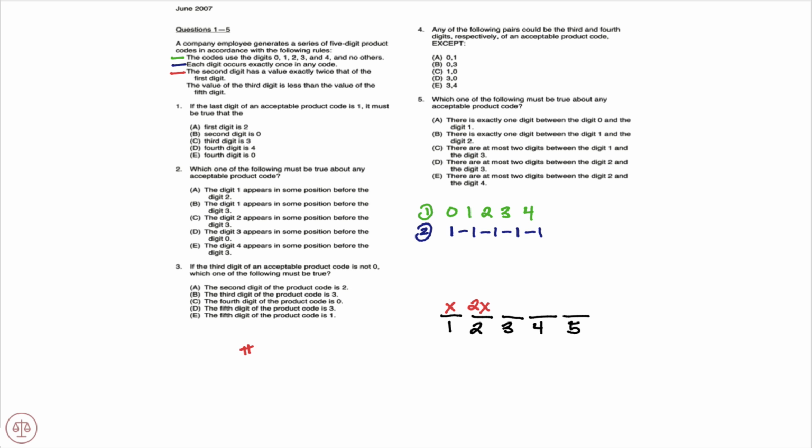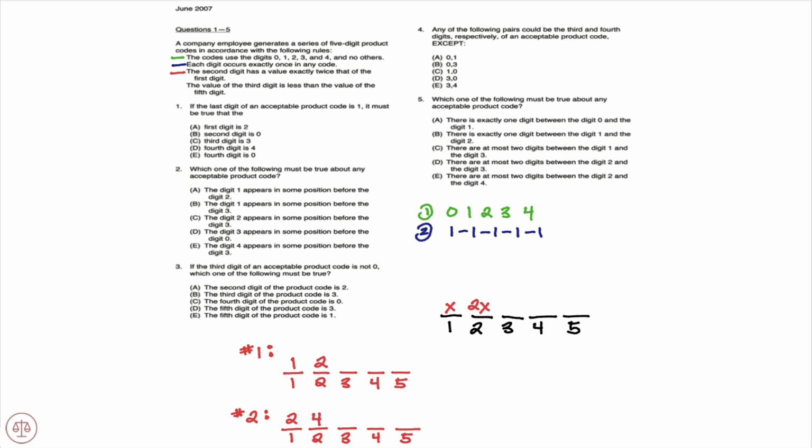Because either our first digit is going to be 1, and our second digit would be exactly twice that, which would be 2, or our first digit would be 2, exactly twice that would be 4. Notice it's not possible to have 3 as the first digit because exactly twice 3 is 6, and 6 is not an option. And obviously we can't have 0 show up first because twice 0 is 0, and each digit